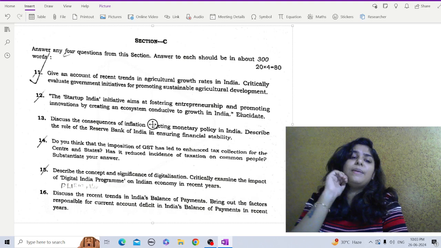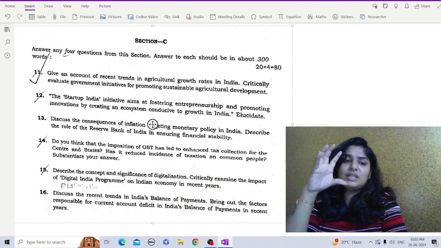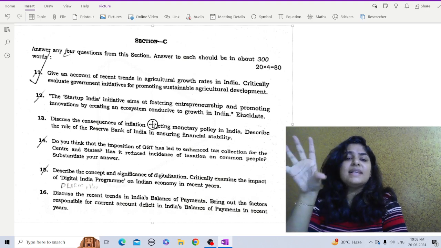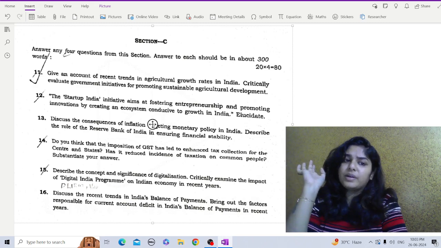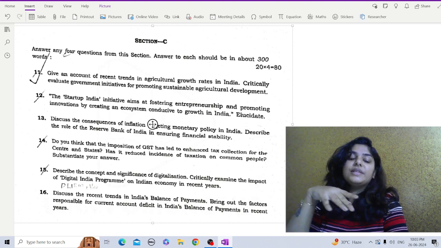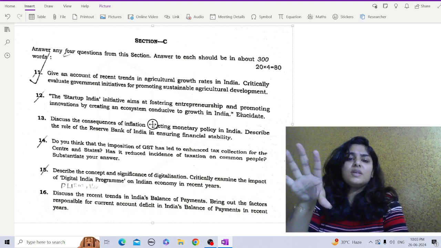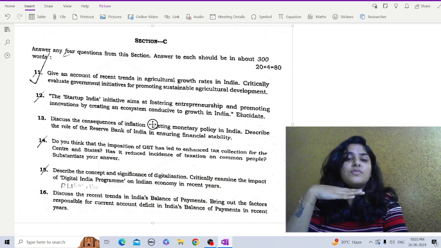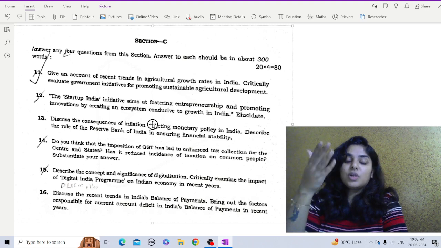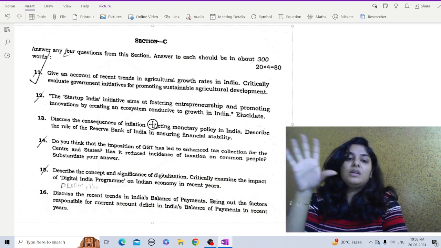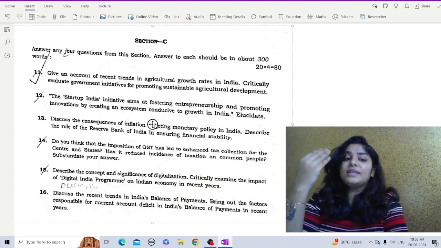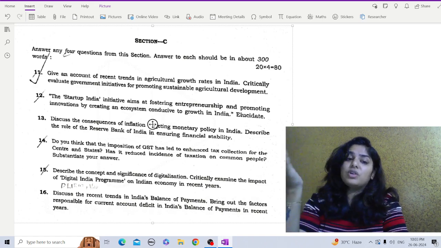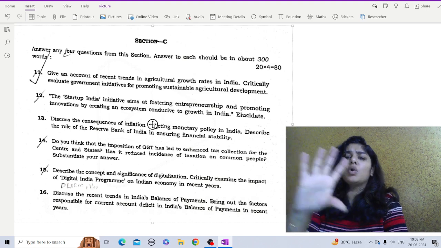So let's talk about the impact. Since its inception, Startup India has had a significant impact on the Indian startup ecosystem. It has fostered a culture of entrepreneurship with thousands of startups being registered and numerous innovative solutions being developed across various sectors, including technology, healthcare and education. The initiative has also led to increased job creation, contributing to economic growth, and positioning India as a global startup hub.